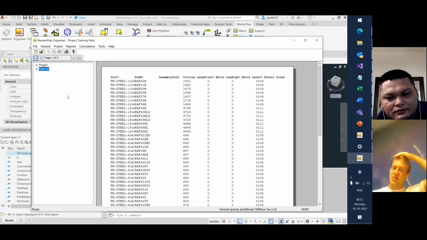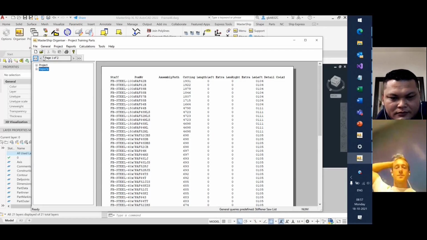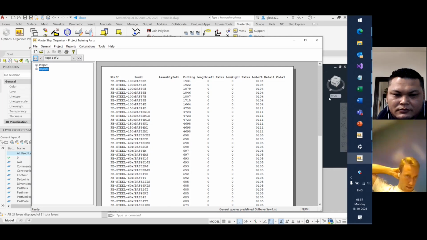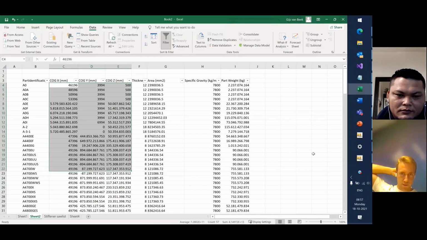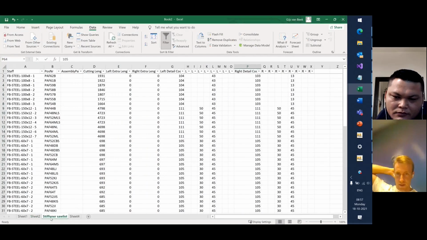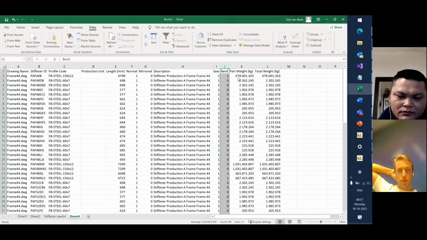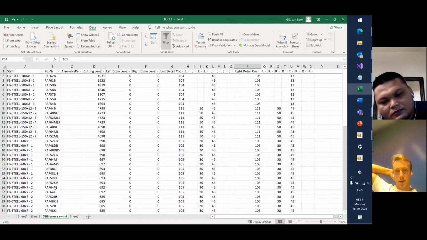So I think this was it for standard reports. As I said, we can also make custom reports. In this example, we have the saw list of all the stiffeners. But we saw that this column bend is also pretty nice to have, maybe in that same